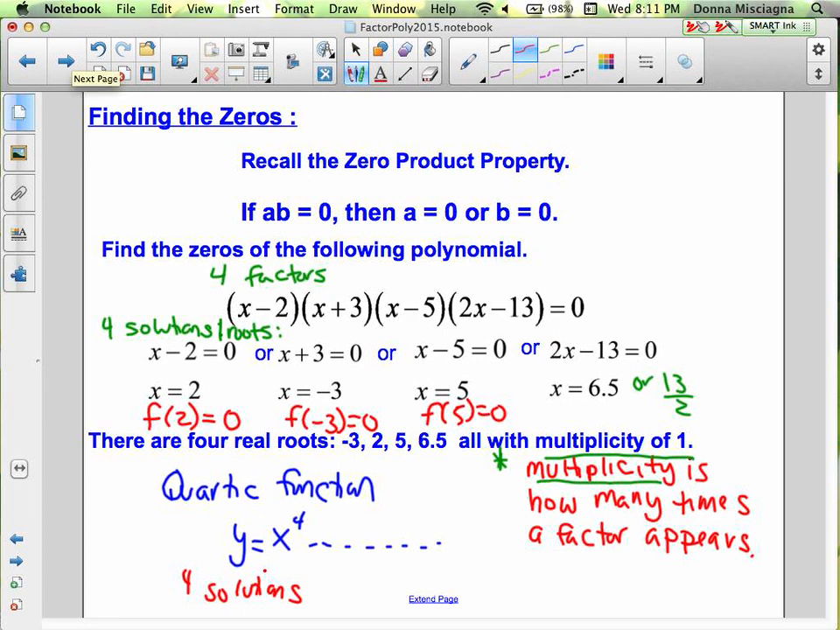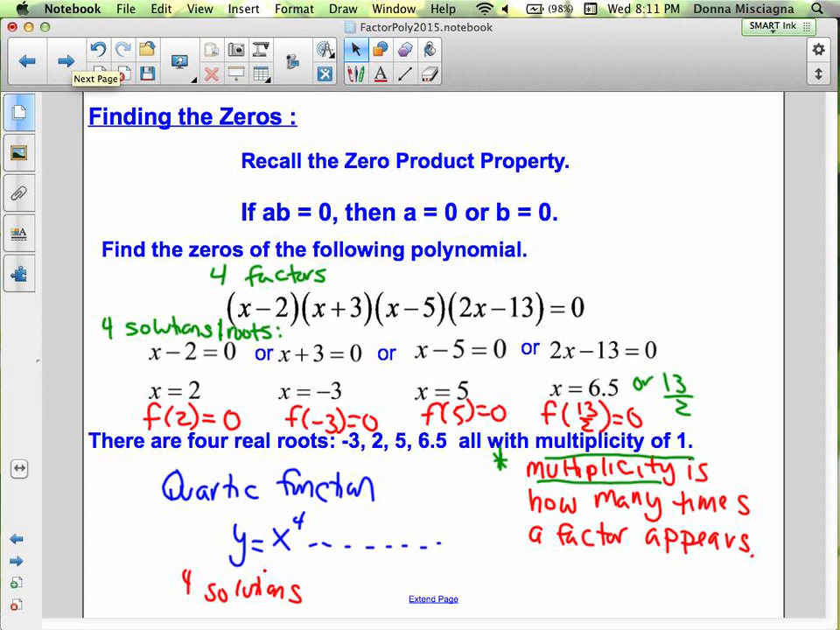And finally, if we have 2x minus 13 equals 0, you'd add 13 to both sides, divide by 2, so 13 halves, or if you like, 6.5 is another solution. So f of 13 halves gives us 0. So there are 4 real roots here, negative 3, 2, 5, and 6.5, or 13 halves, all with a multiplicity